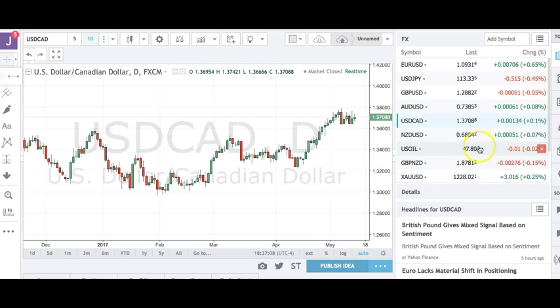If we have a combination of oil rising back up to 50 and no more news bombs out of the Canadian banking sector, almost all the bad news kind of factored in, you certainly could have more buyers of the loonie, and the loonie could come back down towards the 36s. So for now, 38 remains very much the level against which you short, with a target of 36 to the downside. Having said this, though, we're clearly just in a consolidated mode right now, and we could be spending our time for the next week or so within this channel quite feasibly.